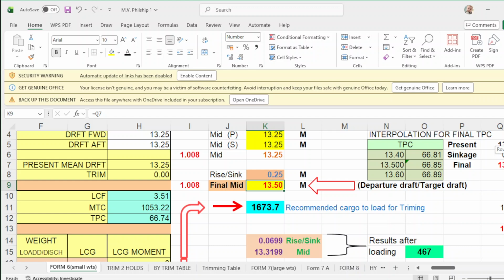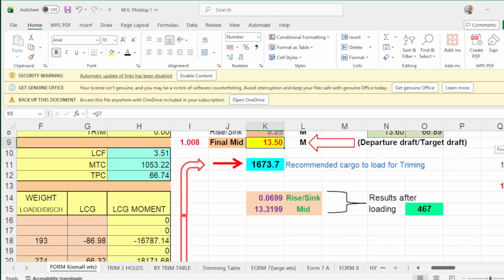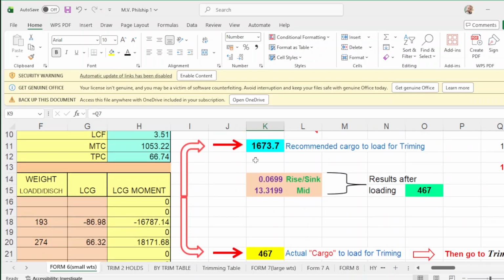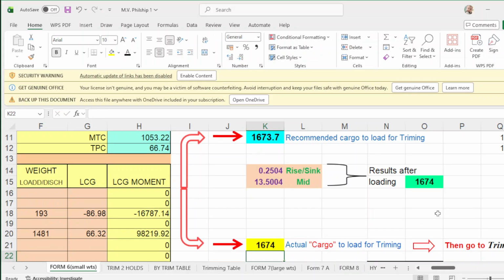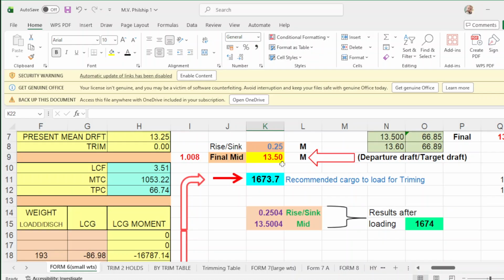Okay, take note of the arrow going down, then you apply this figure to the yellow column. So you're going to load 1674. What happens if you load 1674? Then you have the exact mid draft of 13.5 here. The same with your departure draft here, and your sinkage is 0.25, which is the same here.